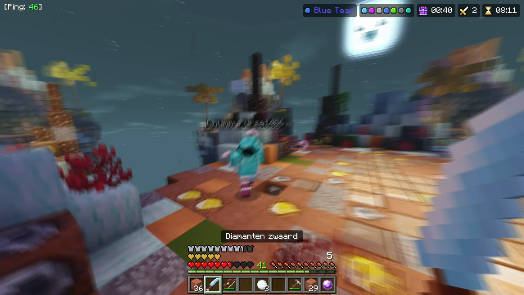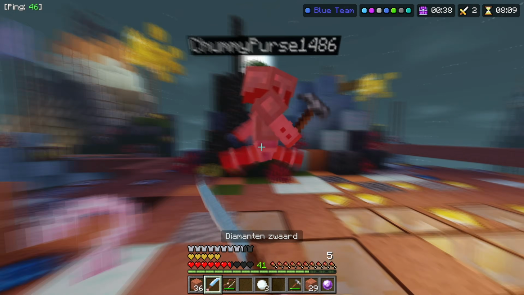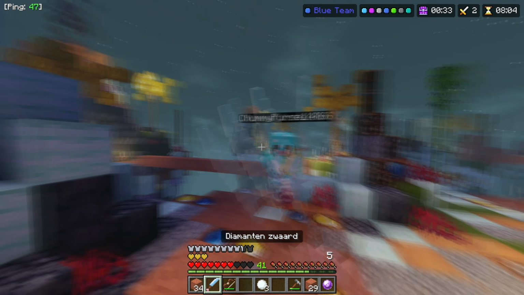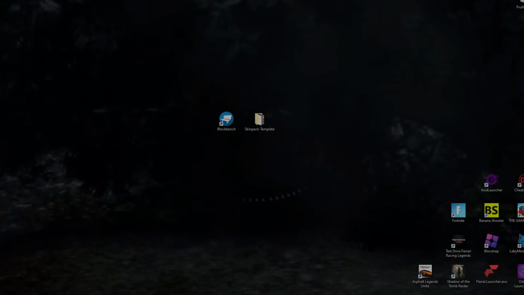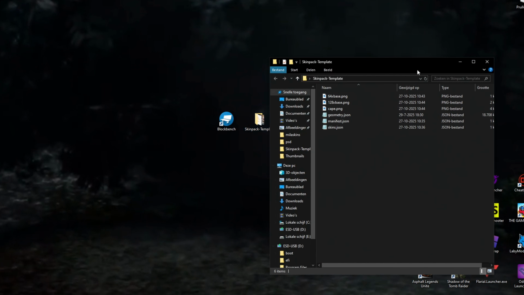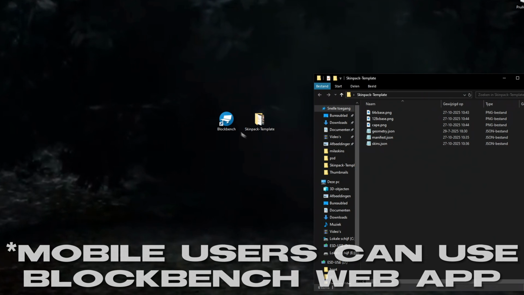Minecraft is all about creativity, and the best way to express this is through your own skin. So today I'm gonna show you everything you need to know about creating your own Minecraft skin. Okay, before we can start, you will need these two files: the Skinpack Template with all the necessary files, and